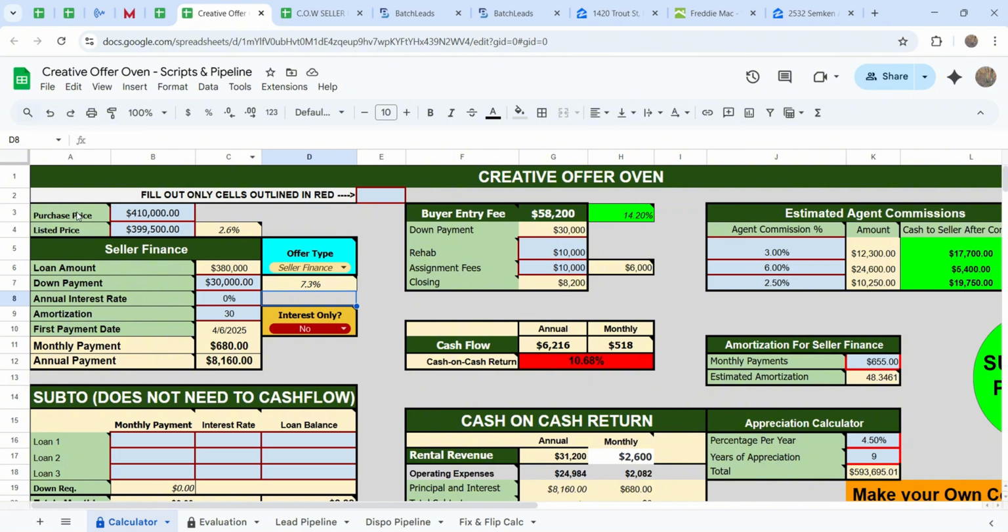Just starting straight off with the purchase price, how I find my purchase price. For purchase price, we usually try to go a little bit over the listed price, not a crazy amount. Why you want to pull a comp on that property is because, for example, if this property is really only worth $200,000, I don't want to pay $400,000, even if their listed price is 370,